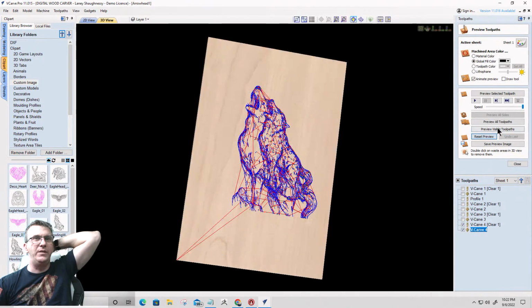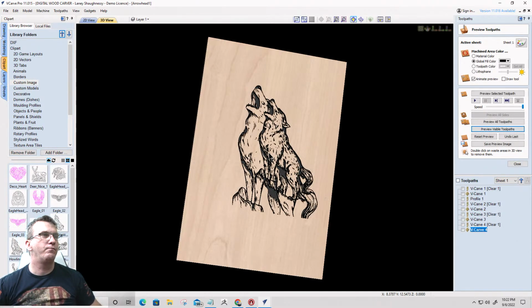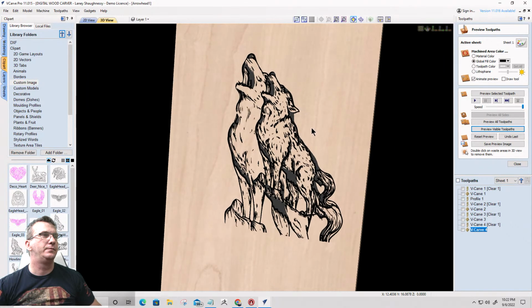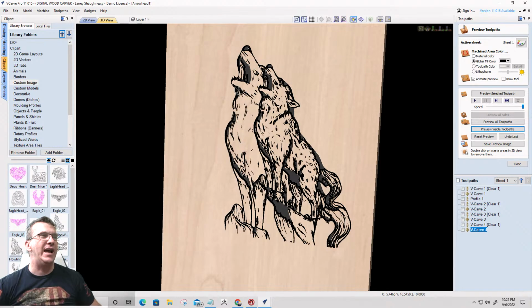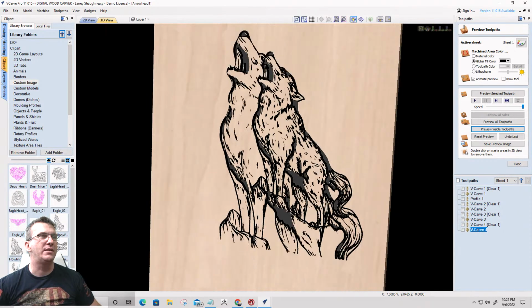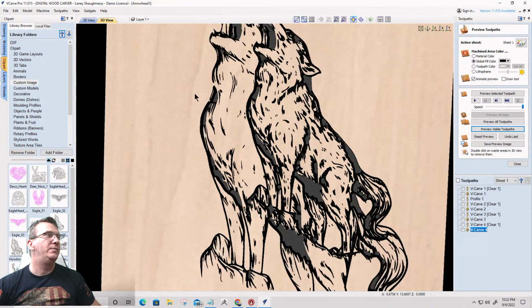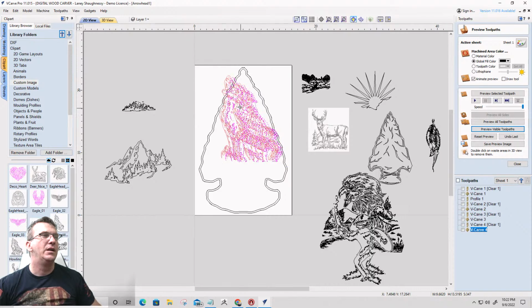Reset that preview and preview that visible toolpath. So, we have this scene here. Now, I could just get rid of the back shadow, that overgrown shadow, and just have the foreground of the wolf on the mountain of the rocks, but it's a pretty cool little scene. But something like that could have been in the upper part of the arrowhead,